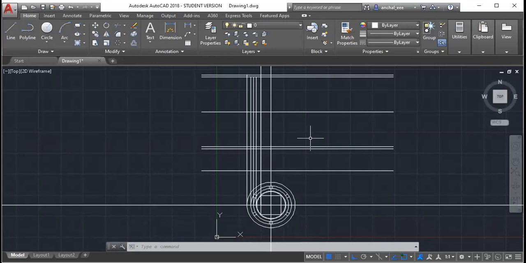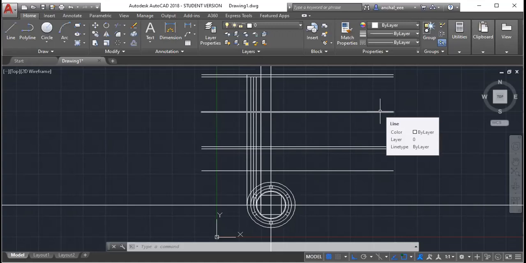Upper part. Okay. See, this core you have drawn, right? After drawing this core, go up and draw anywhere in the center one line randomly of random length. I'm just explaining.